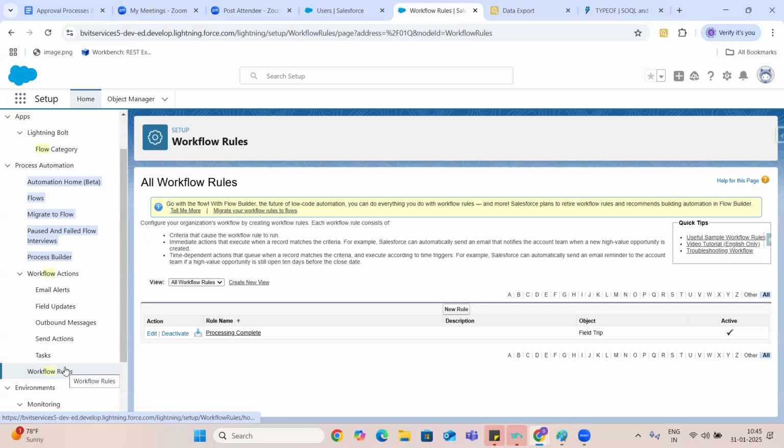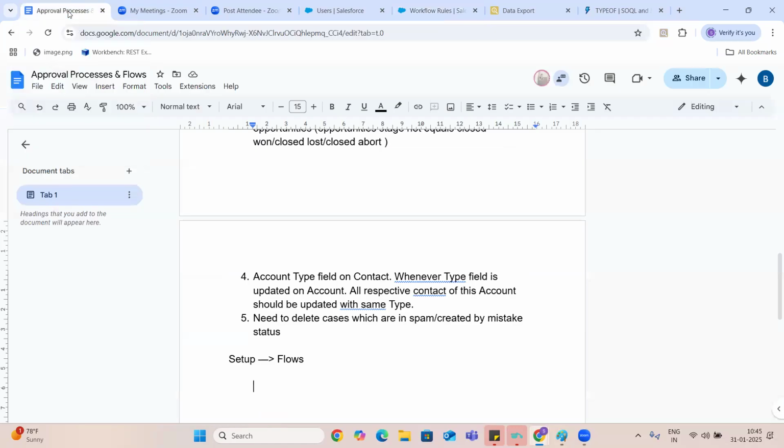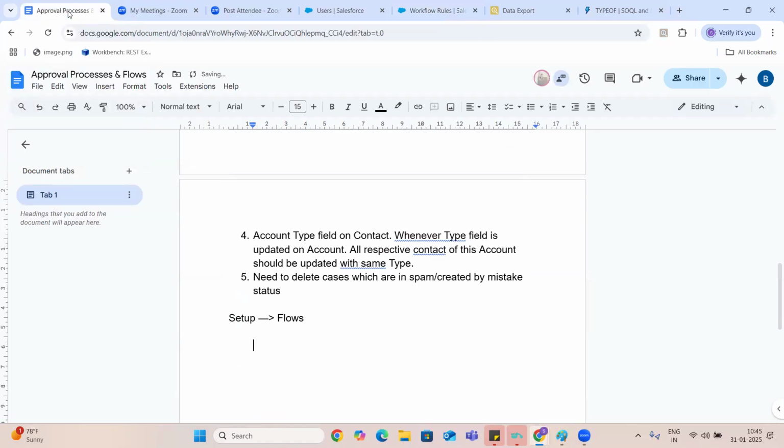Using these workflow rules, we could act whenever a record is created or updated. So I can say flows are the advanced version of process automations.